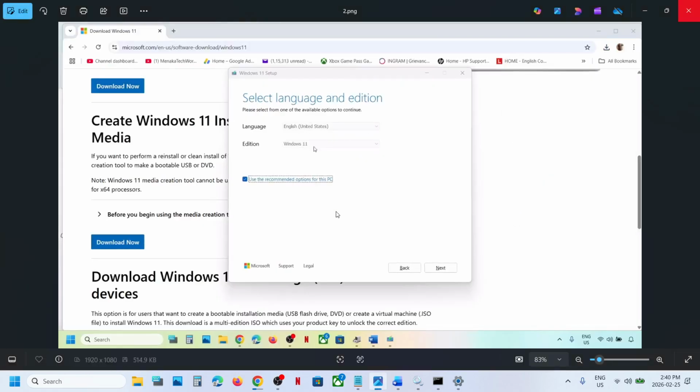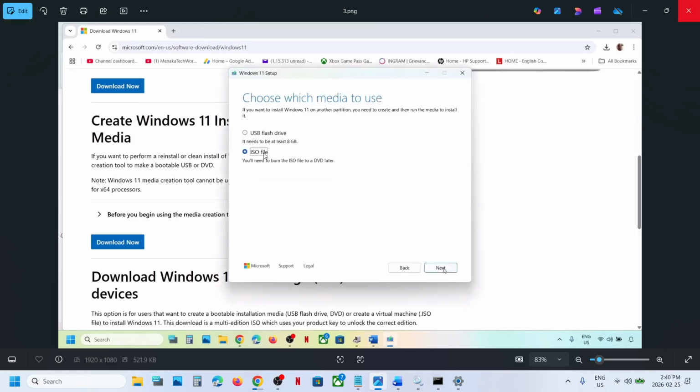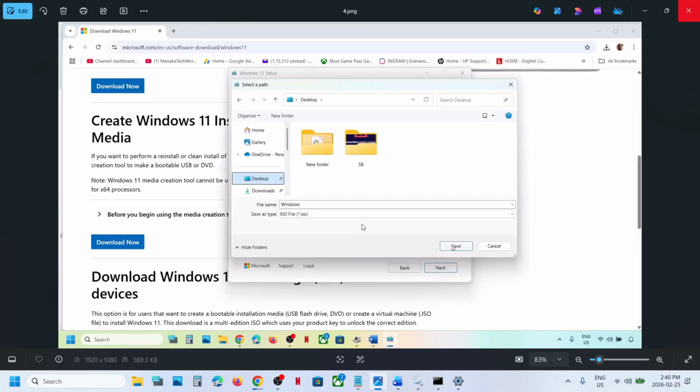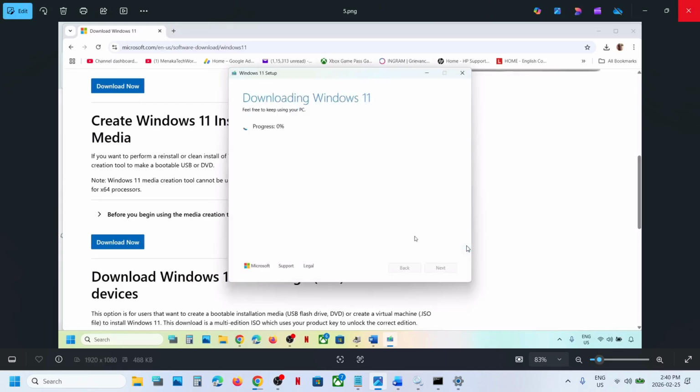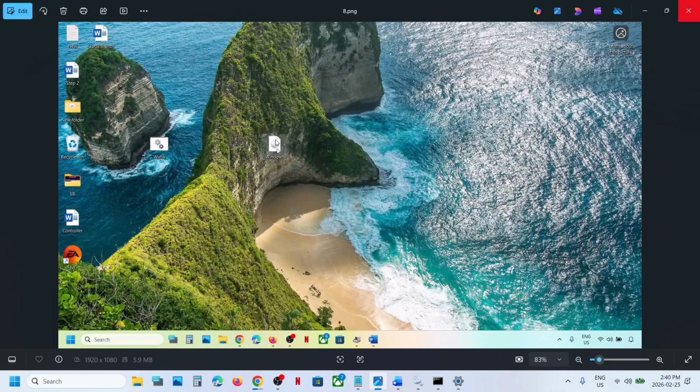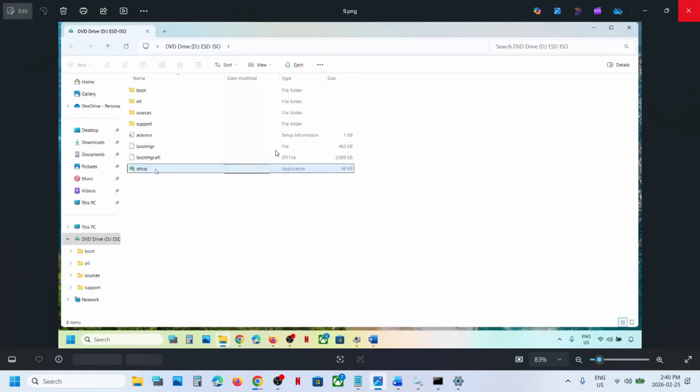By default, Windows 11 would be selected. Click on next. Select ISO file. Click on next. You can save it to desktop. Click on save. Let the download complete. This process will take some time. Once done, click on finish. Let this close automatically. Now go to desktop, make a double click on Windows ISO file,